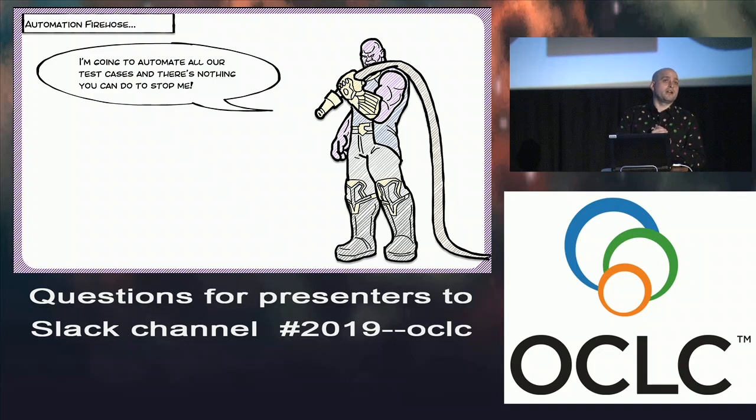One of those is the automation Firehose, taken from the name of the talk. Whenever we're given a new tool, whether it's commercial off-the-shelf software or our own tool that we're building, it's something shiny and new, and so we have the habit of wanting to use that on every single thing we could, automate everything. And if we do so, then great, we've now invested in the maintenance costs for that, and we may have done something that was not really valuable. Tests that are running are not checking features that users are actually interacting with or don't provide much revenue